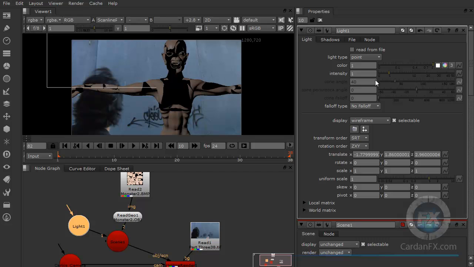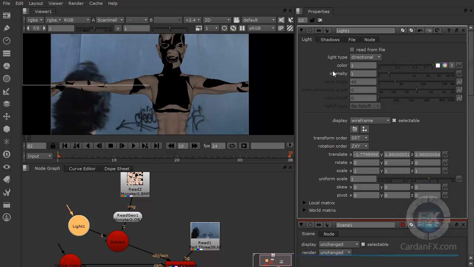Let's double click on the light, and now here we have different types of lights. We have the point light, we have the directional light, and if I change that, you can see how the lighting is changing, and we have a better result right now. Then we have the color of the light. I can click here and I can change this,